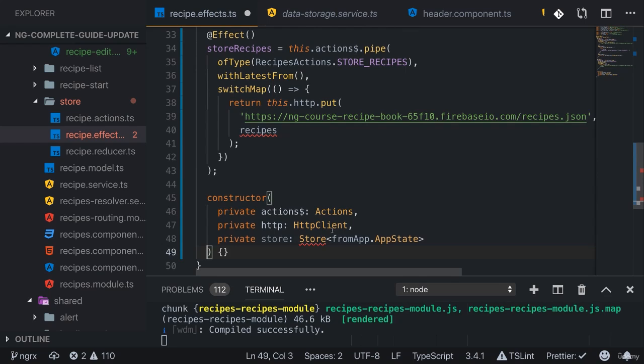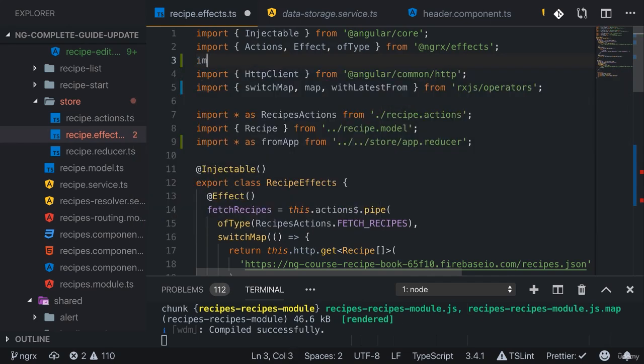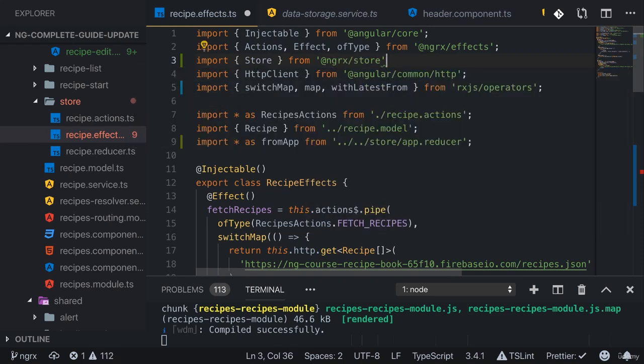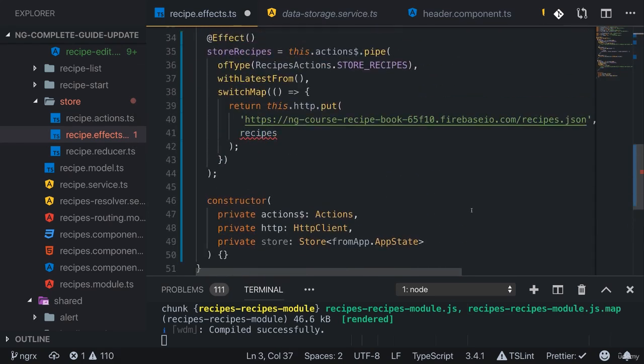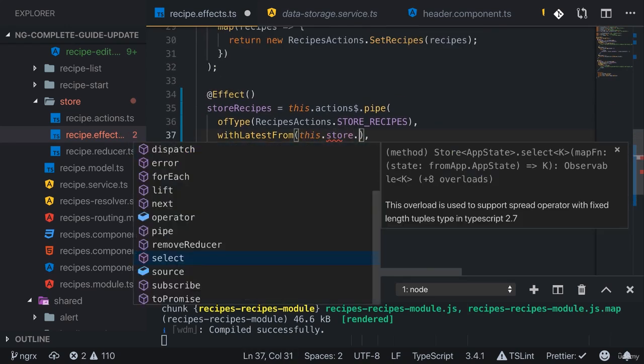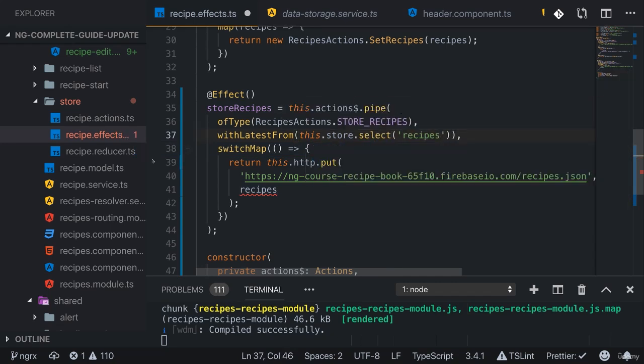And now with the store injected, we also need to import it. Import wasn't added automatically here, so let's do it manually. Let's import store from @ngrx store. So now with the store injected successfully, here on with latest from, we can use this store, select the recipes slice, and in